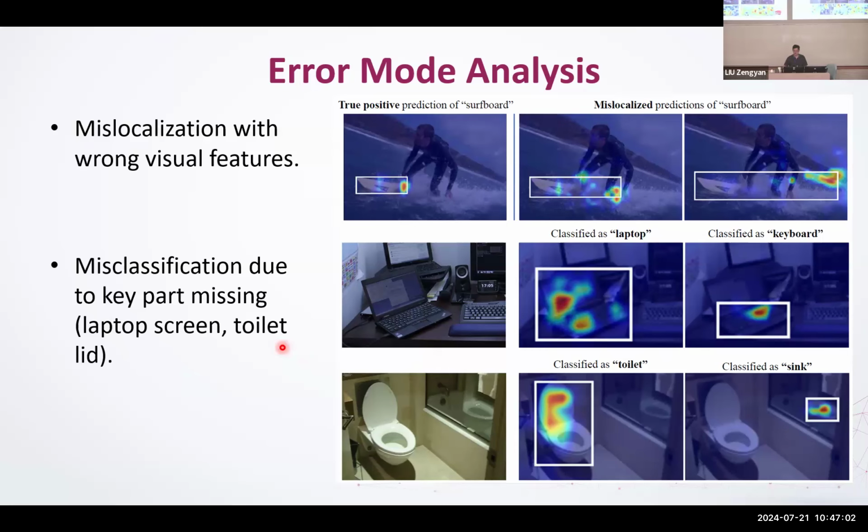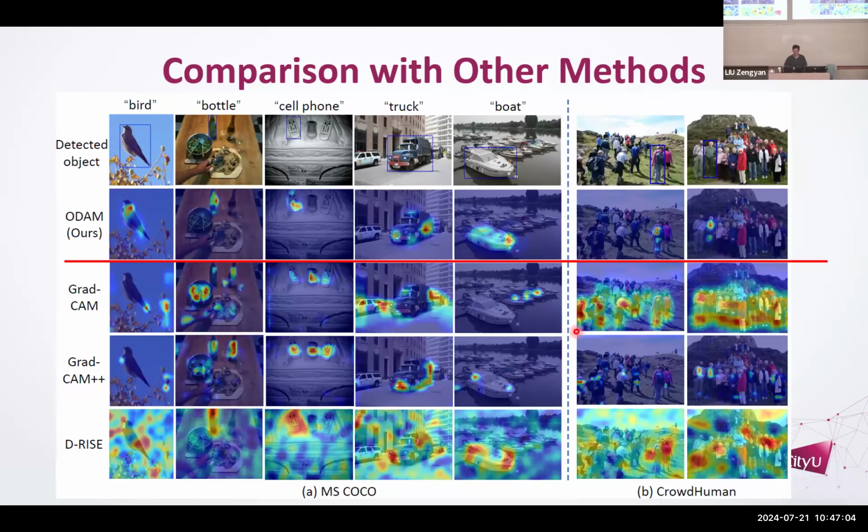This is just a comparison with other methods. The other methods are class-based, so they always highlight multiple people of the same class, where ours will highlight the person here. And this is a detector-based version of a perturbation method. A perturbation method means I remove some parts of the image and see whether or not the class score changes. If it changes, then this part of the image was important, and I can map it out.